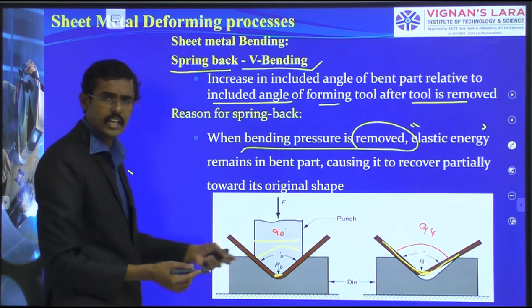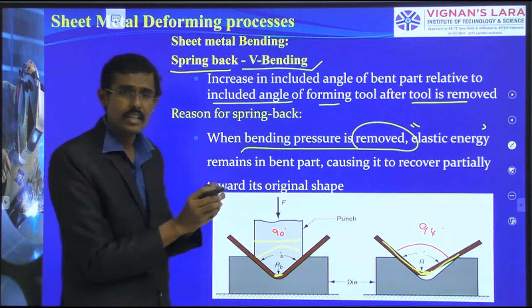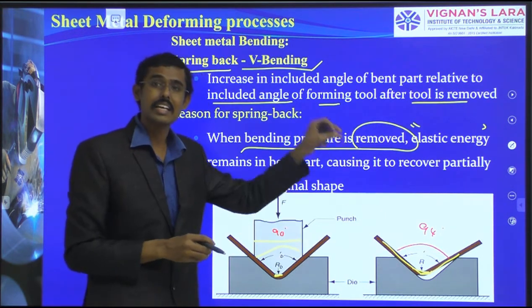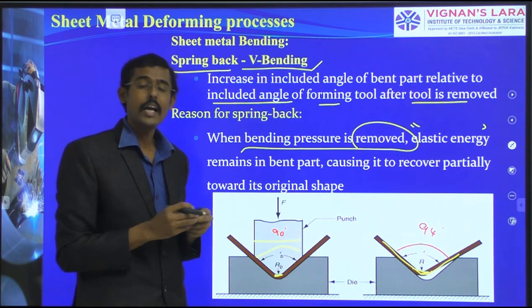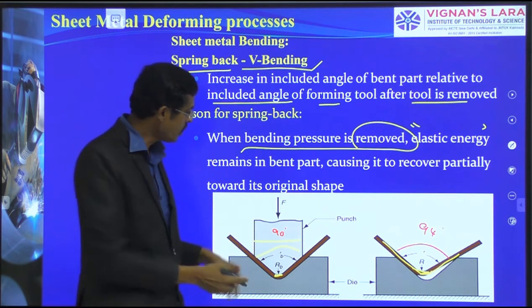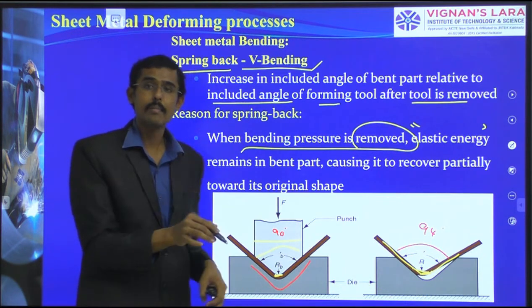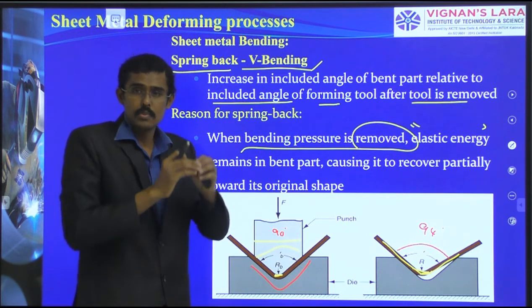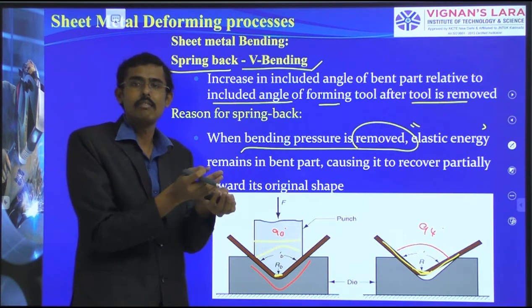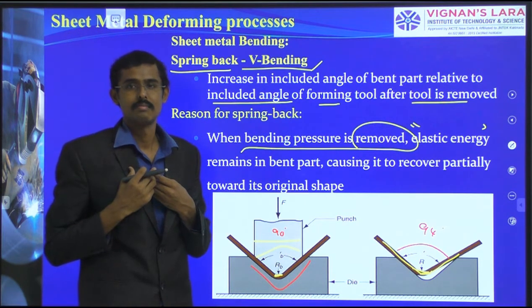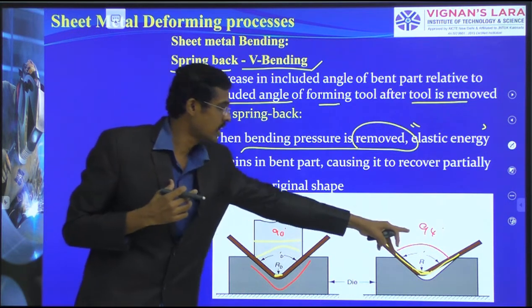So these 4 degrees are caused by this specimen's elastic property. This we should know, and we should plan how far this bending angle is to be kept, in such a way that the spring back takes place after removal and we get the desired product. So if the desired product is 94,